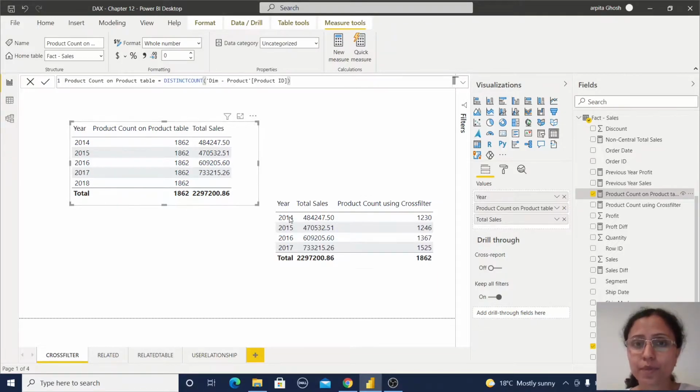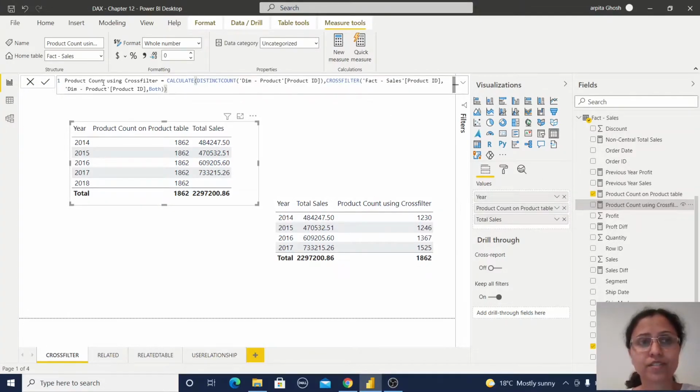Then how will I implement it? For that purpose, I have created this measure based on the CALCULATE function, and within that a distinct count of this product ID, and I am using CROSSFILTER as the joining condition between the sales product ID and the dimension product ID, and here I am mentioning both. What happened in this report?